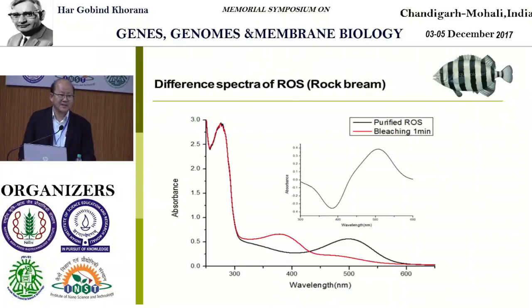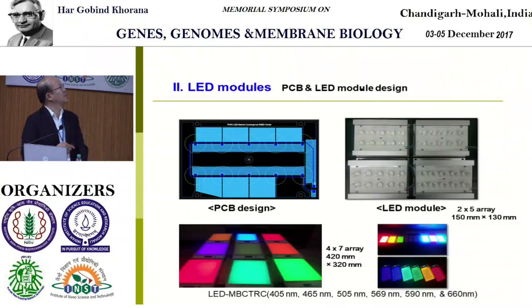If you are in the rhodopsin field, and if Govin is here, I don't think he likes this kind of spectra at all, because there is too much peak at 280 nanometers. So in connection with this,